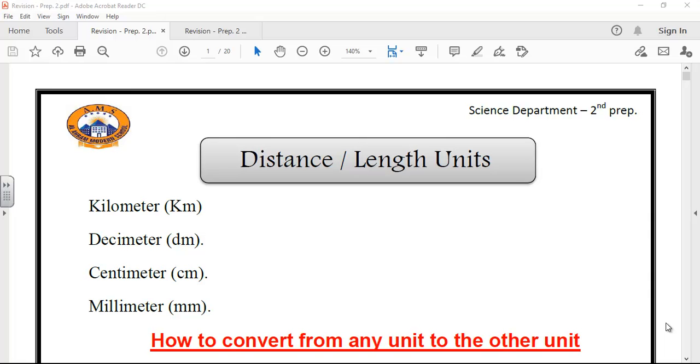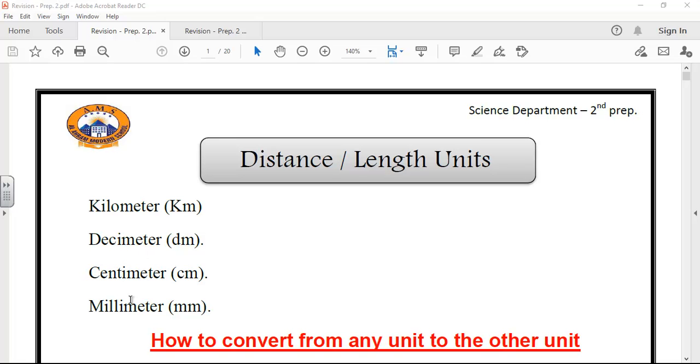Let's start our science session for the units of some physical quantities as a revision. We'll start with the distance or length. As you can see here, what is the unit of distance? If we want to measure distance between any two objects, the distance unit may be kilometer or meter or decimeter